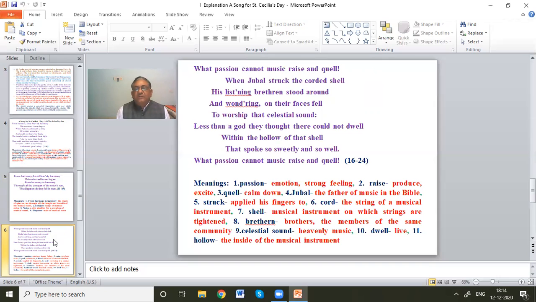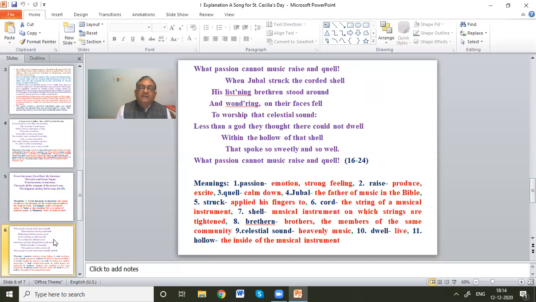Jubal is said to be the father of music in the Bible, and his music is associated with holy love, that is, divine love, the love of human beings with God. So he is referred to in that sense. When Jubal, the father of music referred to in the Bible, struck his fingers on his musical instrument, the corded shell, the wire strings which were tied to the musical instrument,